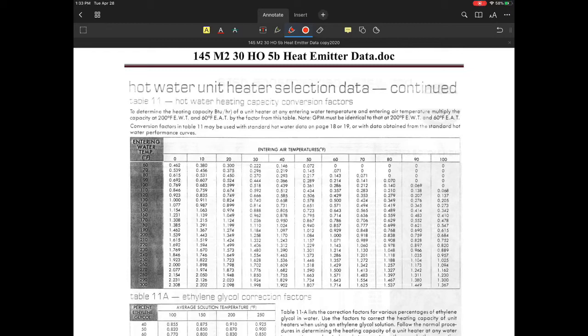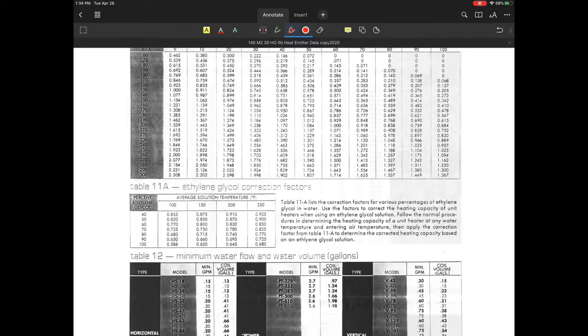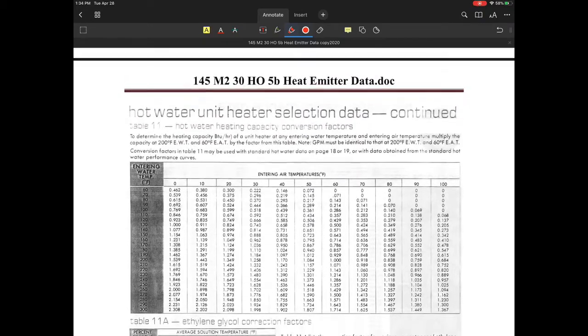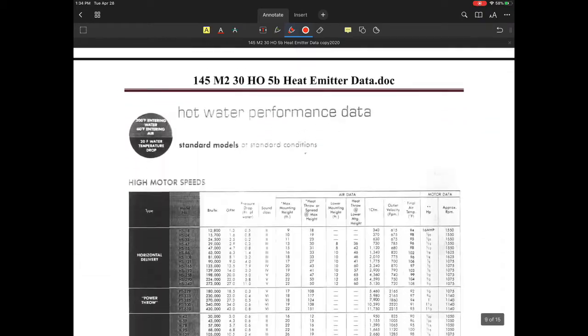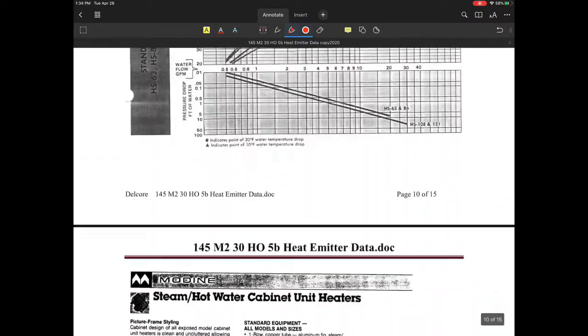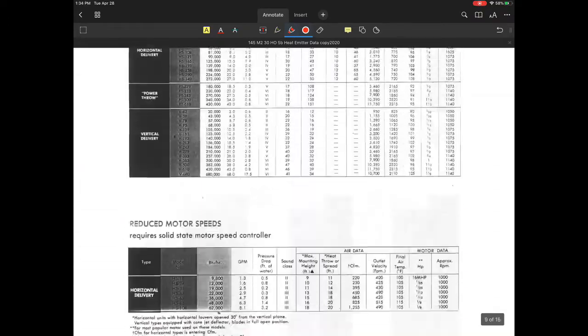Let's take a look at hot water unit heaters that would be used in either residential or commercial applications. I want to identify some of the performance characteristics that would affect output for a hot water unit heater. So what we're typically dealing with here with these types of heaters would be